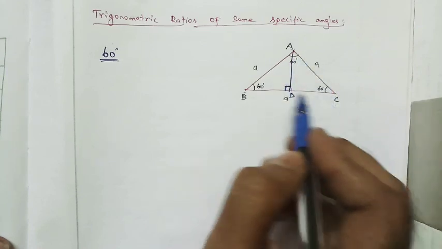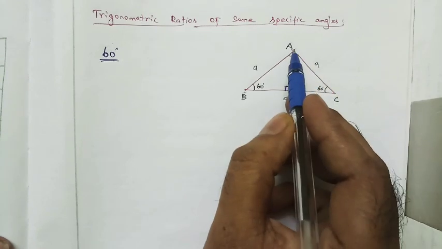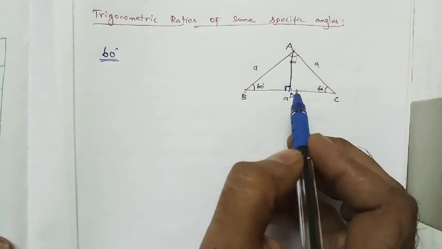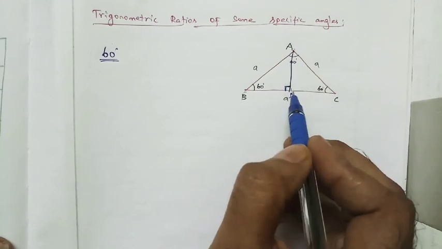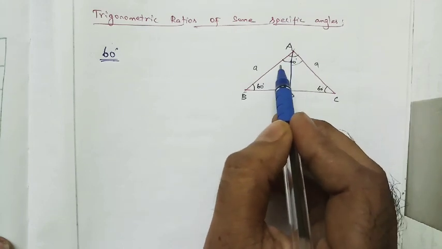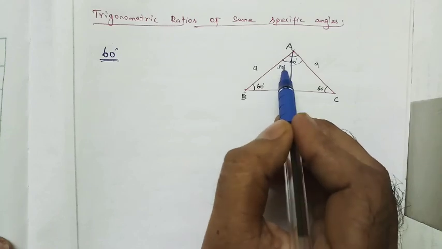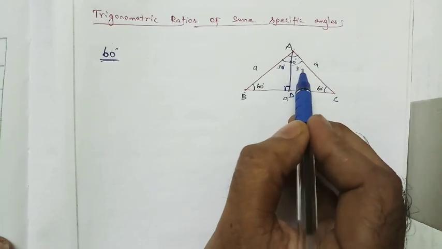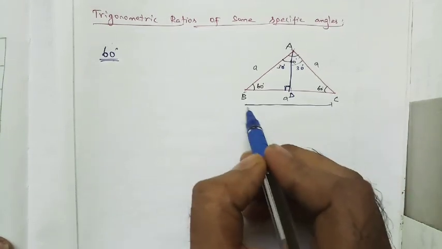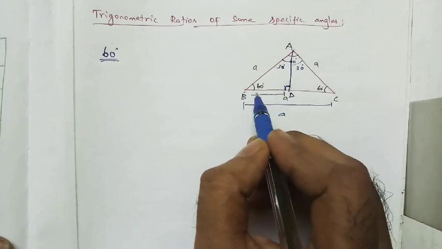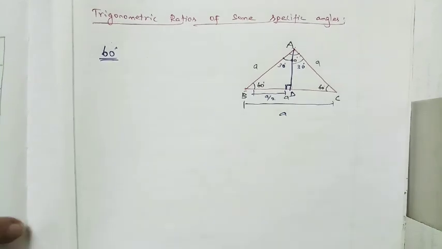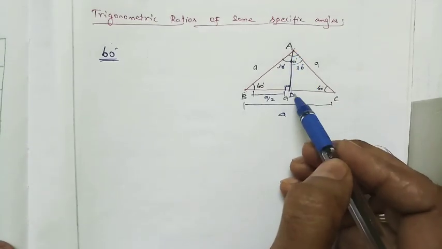And if it is an equilateral triangle, when we draw a perpendicular line, the perpendicular line will act as a median. The perpendicular line will be a median, and the median will be a perpendicular line. If it is a median, the angle will be divided into two equal parts, so the angle will be bisected into 30 degrees. So 60 degrees means 30 degrees and 30 degrees. At the same time, the length of BC is A, and what is the length of BD? BD is nothing but A divided by 2, half of A.